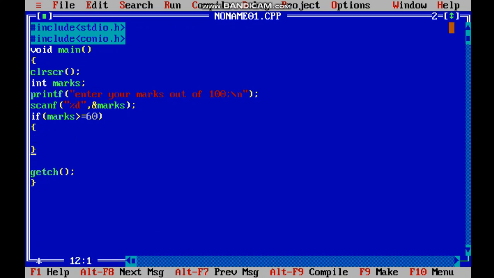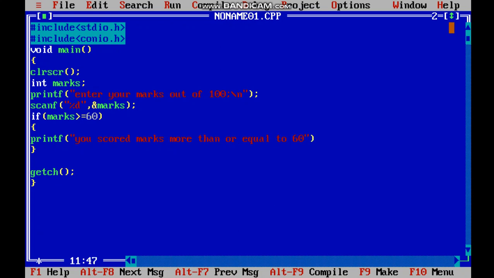Now what we have to print is printf you secured marks more than or equal to 60.